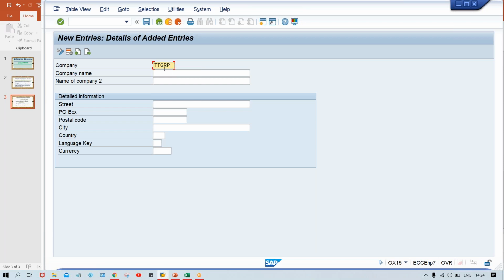Now, if you are going to give a code, what is the use of this code also, guys? I'll explain, don't worry. First of all, a maximum 6-digit code you can give, and a minimum of 1 digit can also be given. Okay, 1 to 6. That is the length of this field, 6 digits. And then Tata